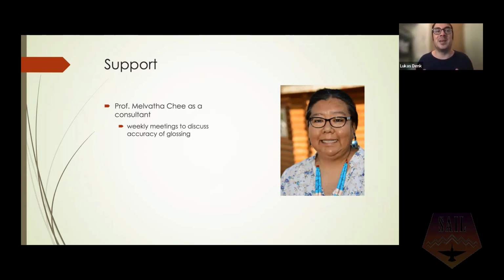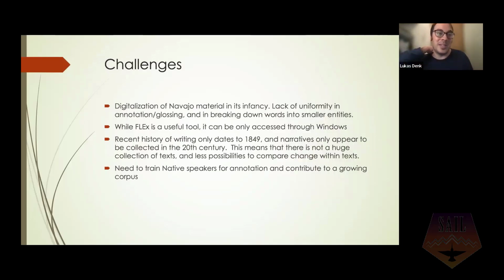And sometimes it's like we're both clueless. What is this word? Is it still being spoken like that? And so we have to really dig also back into the dictionary because it's not easy even for native speakers to know what exactly the morpheme means and so on, how to gloss it. So then we come to the challenges.